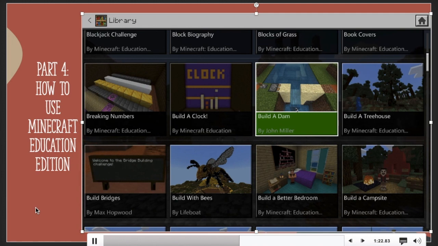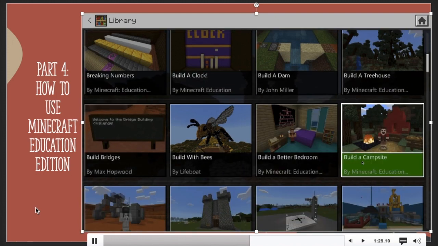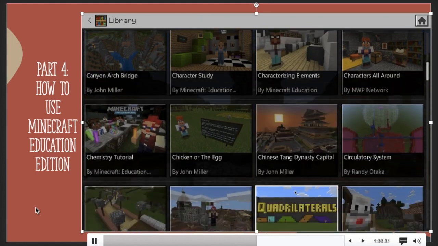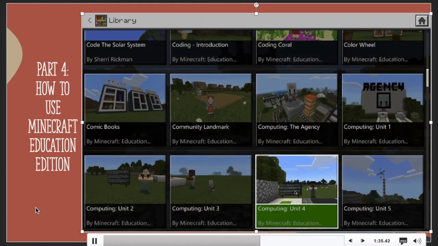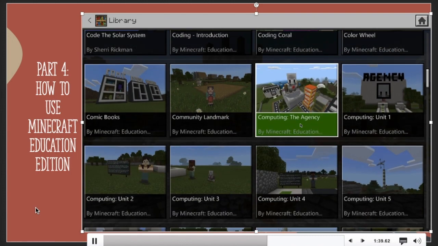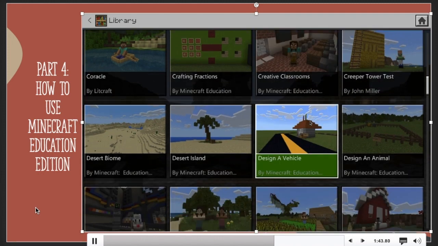You could have students recreate the Hoover Dam. Build a better bedroom, so you could even do life skills with this. Build a campsite. There's so many different examples, so we'll just keep scrolling so you could see, here you could be underwater and looking at coral reefs, conflict and stories, you could do that for ELA again.